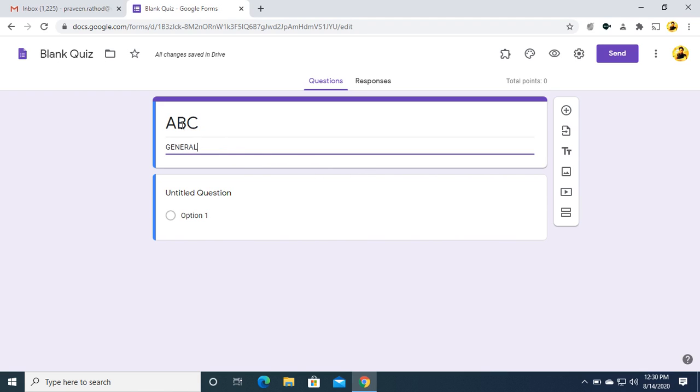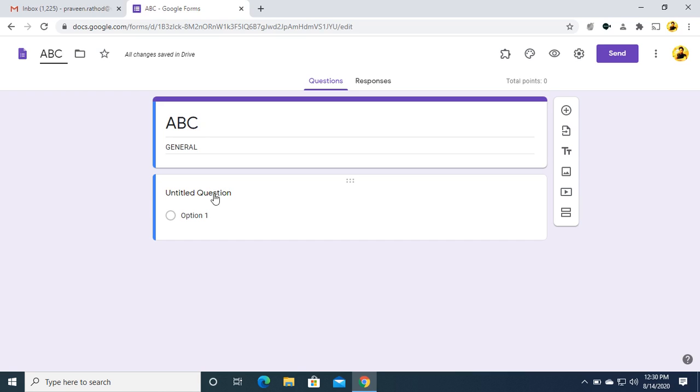This is the first thing we need to do. If you click over there, this can be changed like A, B, C only. Then the questions need to be put inside this.